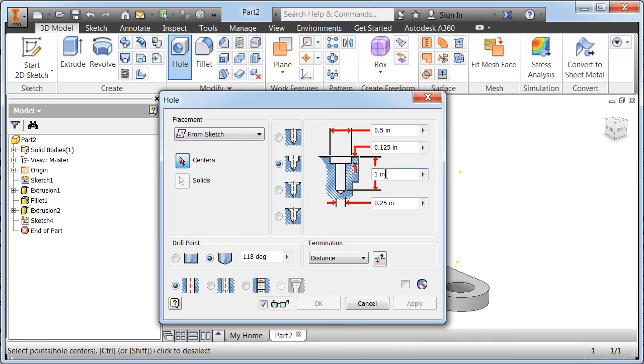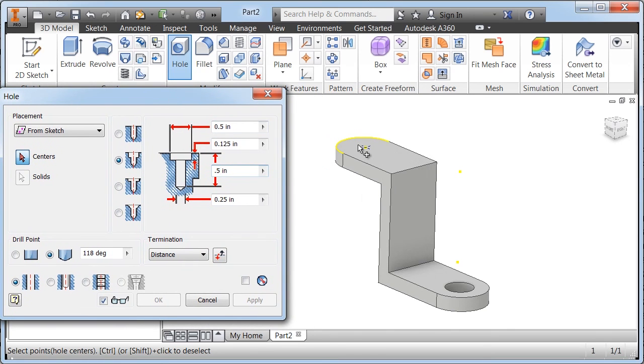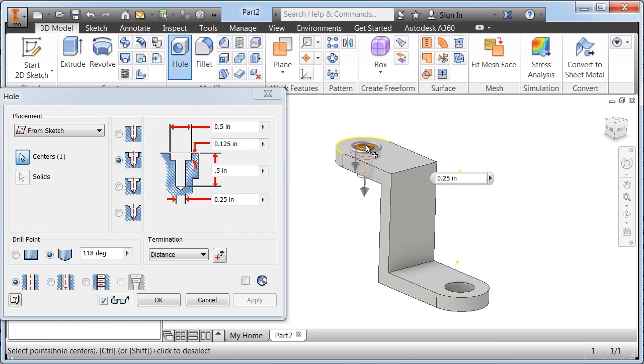The third dimension down, we'll enter 0.5. And the last dimension we'll use 0.25. Then we need to move our cursor out of the way and left click on the point itself. Left click one time and then we left click on OK,